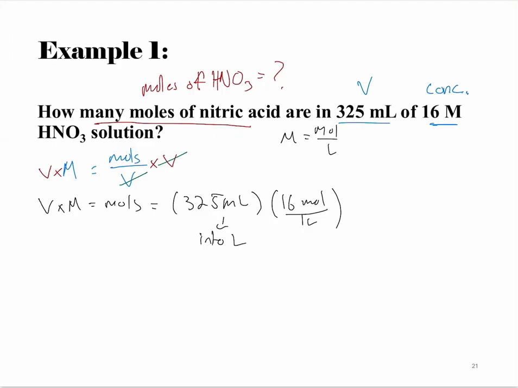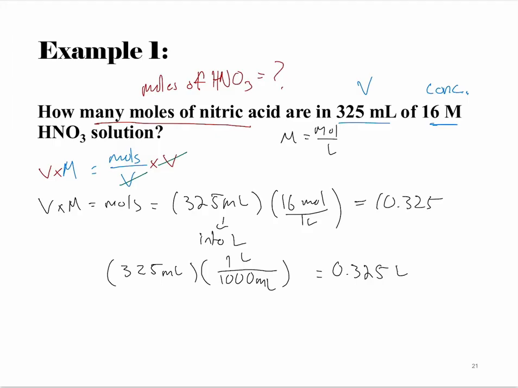And so 325 milliliters times what gives us units of liters? What should our ratio be? What goes in the numerator? 1 liter, and then the denominator, 1,000 milliliters. So that gives us 0.325 liters. So now we can rewrite this as 0.325 liters,